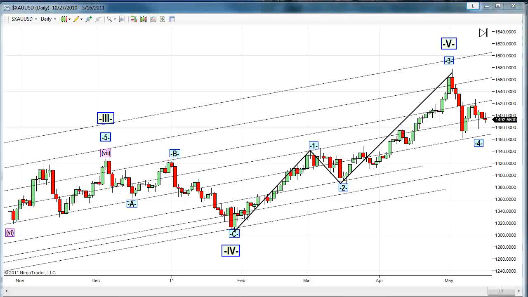We currently have gold trading approximately at 1492.50, 1493 bid ask spread. We do have the market under a small amount of pressure, currently trading about $2.40 lower. It has come off of the lows that it hit in the evening session and yesterday's session, and it has traded nominally higher, a dollar and a half higher, to a couple of dollars lower in the most recent part of trading, meaning when New York opened.